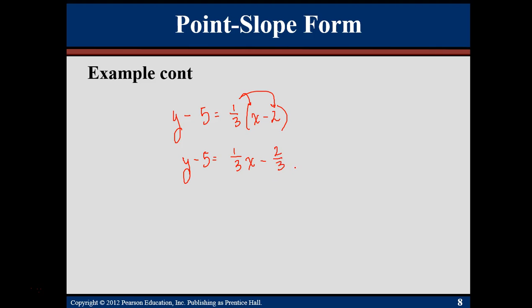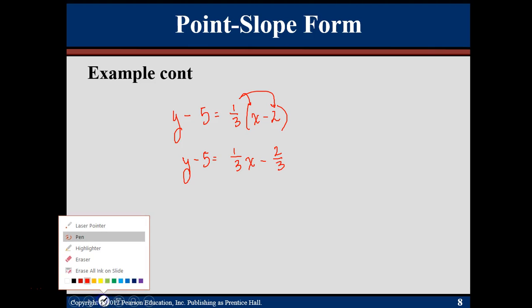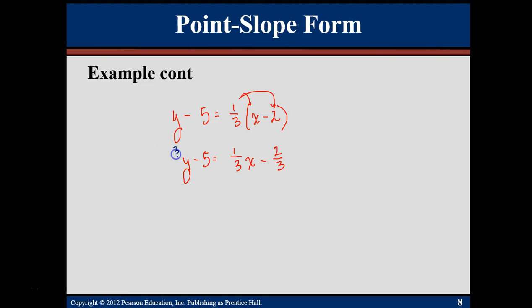If you don't like to deal with fractions, you can multiply everybody in the equation by the common denominator of 3. But you have to do it to every term in order to get it to work. So now I have 3y minus 15. This is going to become 3/3, which is a 1, and this would be 6/3, which is a 2. Since I have a coefficient in front of my y, I'm going to write this in what we call standard form, where the x's and y's are on the same side together. So I'll subtract x. So I have -x plus 3y, and I'm going to add the 15 to both sides. And so I'll have -x plus 3y equal to